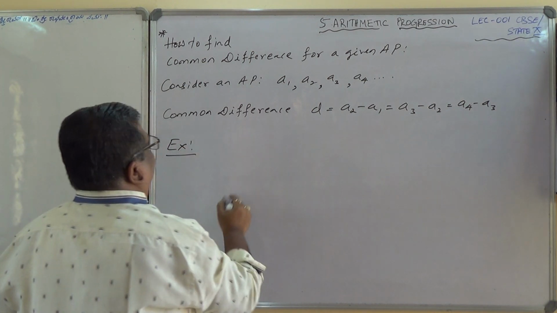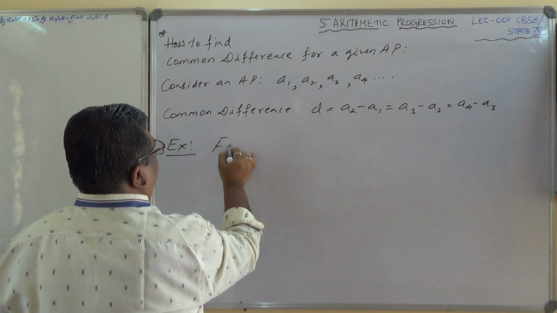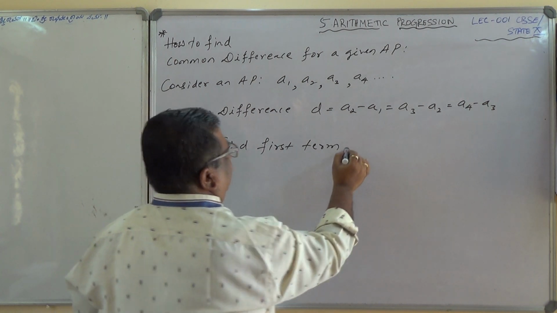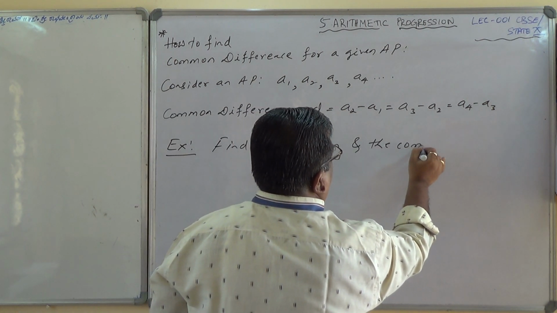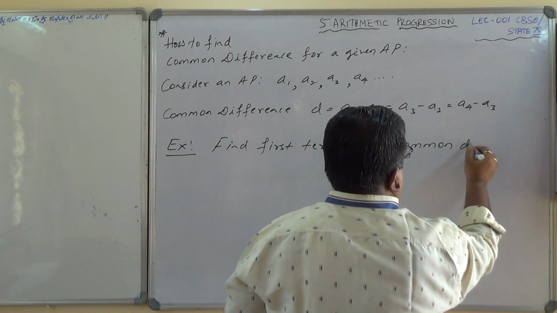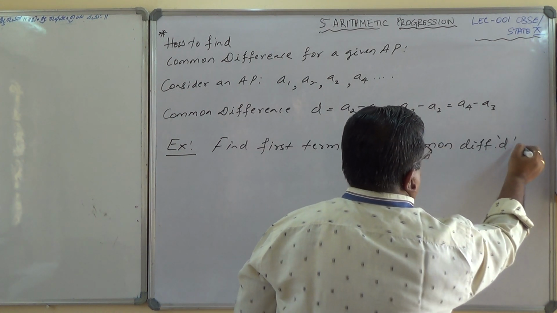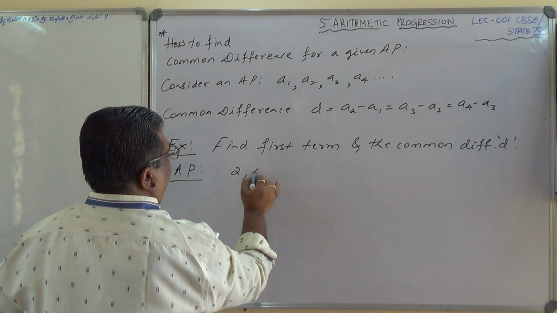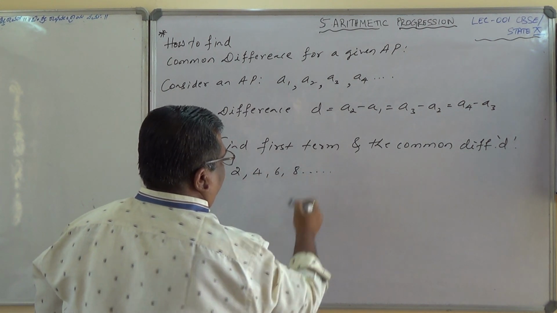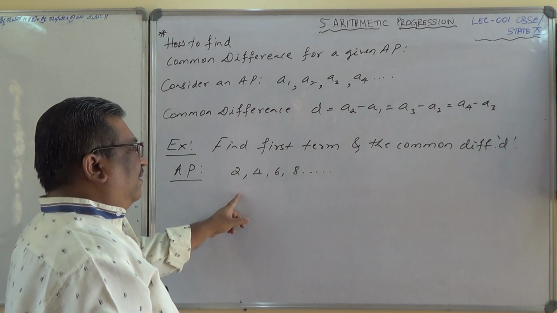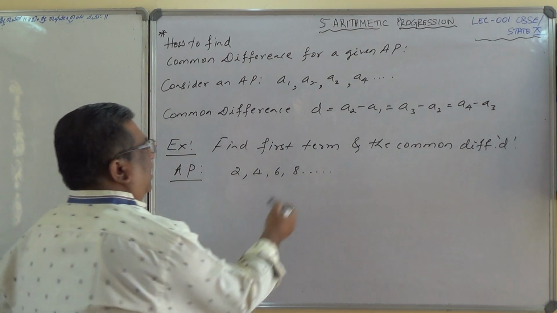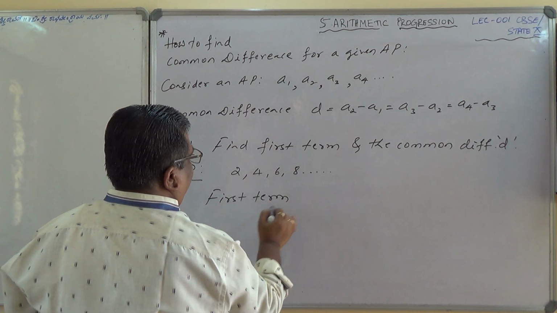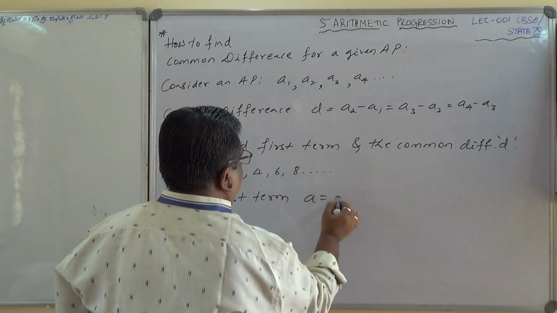Okay, one example we will take here. Example: find the first term and common difference. The AP is 2, 4, 6, 8, dot dot dot. Already it is given that this is an AP, isn't it? And therefore the first term is equal to, solution I am writing. First term a equals 2,